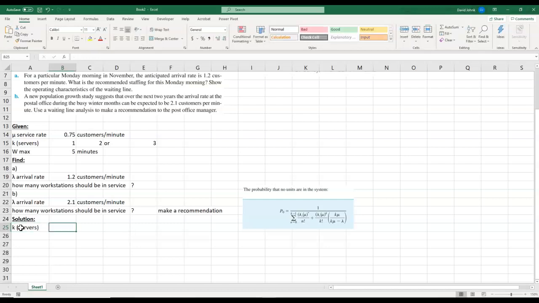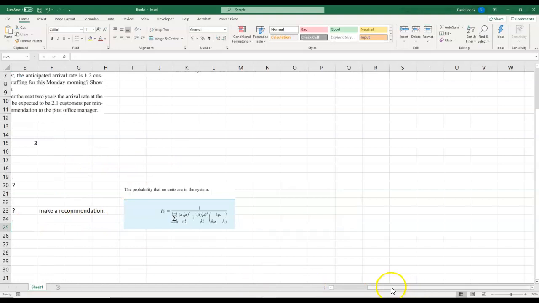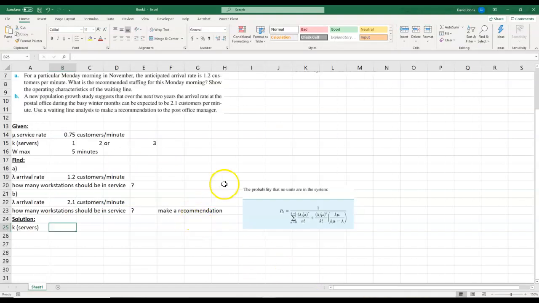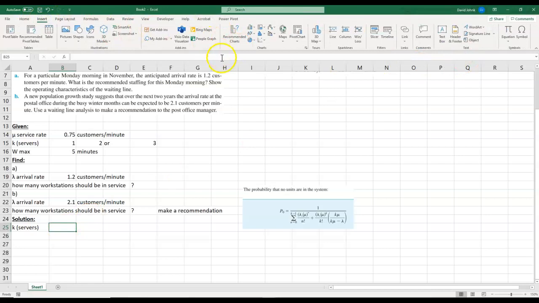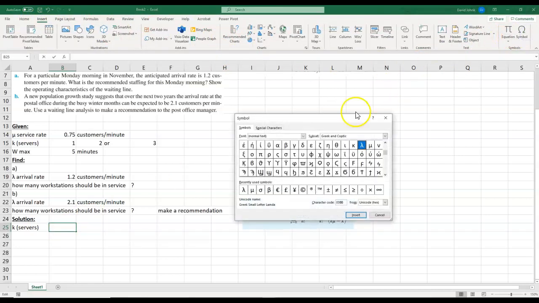And let's go ahead, we want to calculate a ratio here. And this ratio is important because you see it in this formula several times. So it's nice just to go ahead and calculate. And also there's another reason, I'll show you why. So I'm going to insert the symbols again. I'm going to insert lambda,